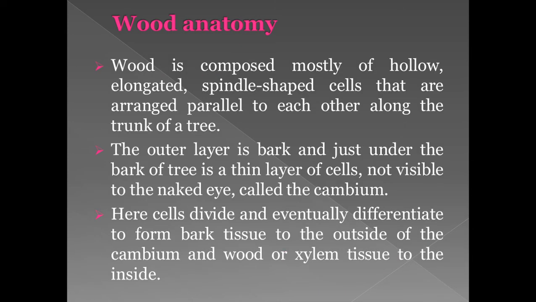Wood is composed mostly of hollow, elongated spindle-shaped cells that are arranged parallel to each other along the trunk of a tree. The outer layer is the bark, and just under the bark of a tree is a thin layer of cells not visible to the naked eye, called the cambium. Here, cells divide and eventually differentiate to form bark tissue to the outside of the cambium and wood or xylem